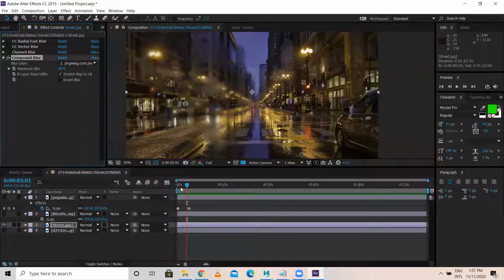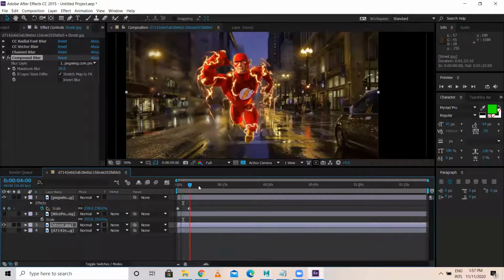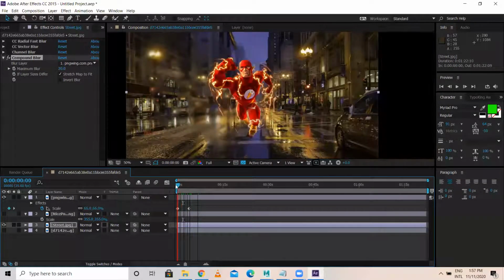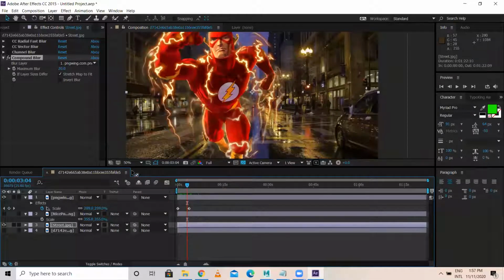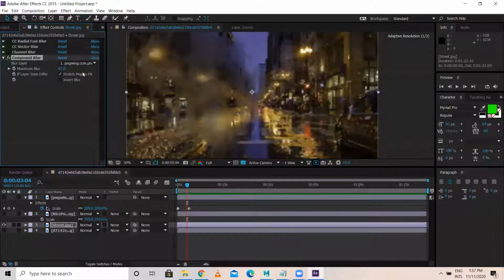Now what I'll do, okay, let's do one thing. I'll turn on this. Can you see this animation here? Yes, sir. I'll turn off this. Okay, flash character area is getting blurred. Even maximum blur you can give only to those areas.